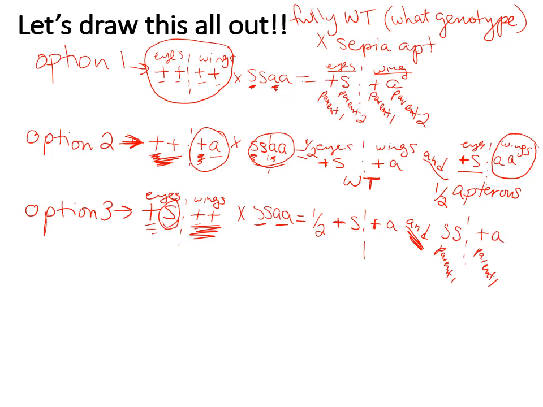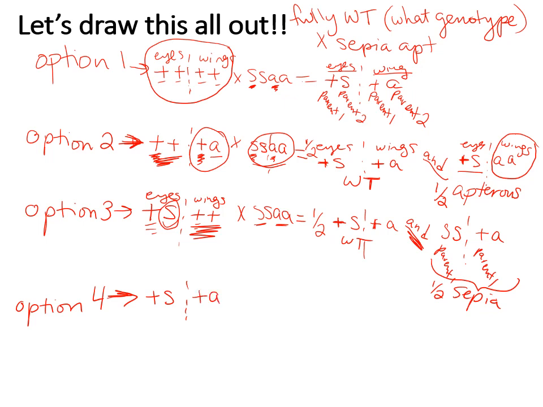And what did I say before? That this half of the offspring will end up being sepia. Okay, so half wild type, half sepia. Then the last one is option 4. And in option 4, what if that unknown wild type fly is fully heterozygous, meaning eyes are heterozygous and